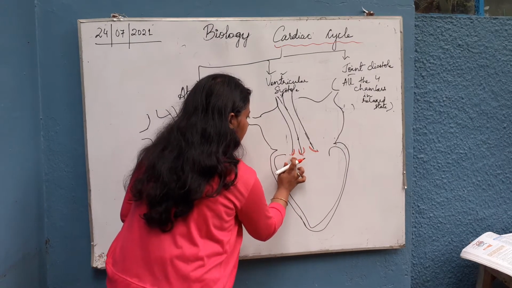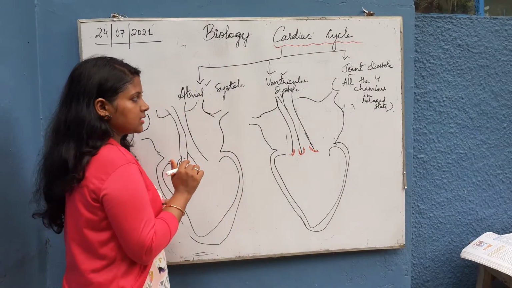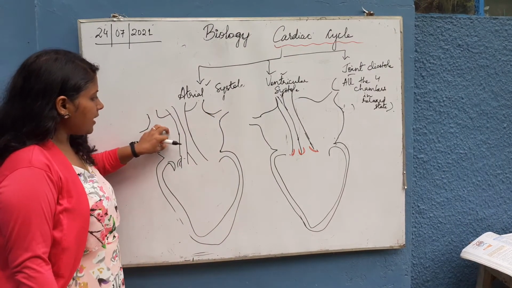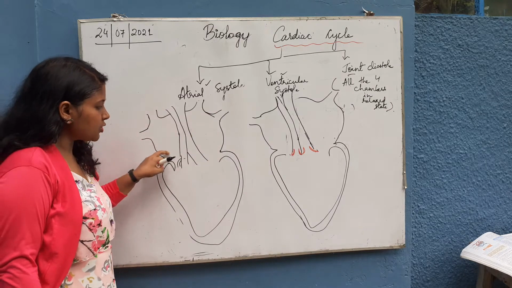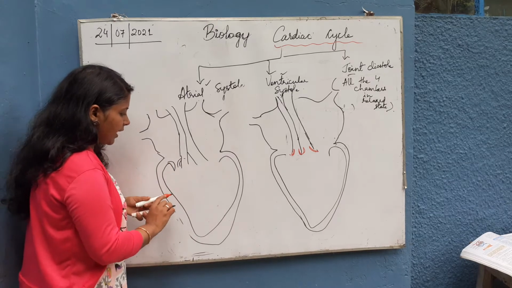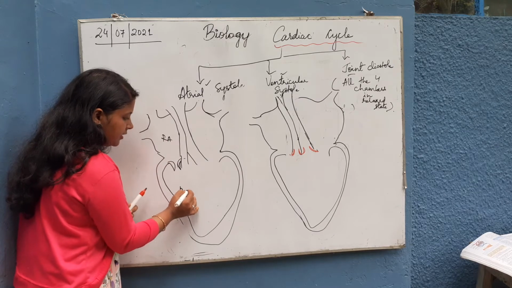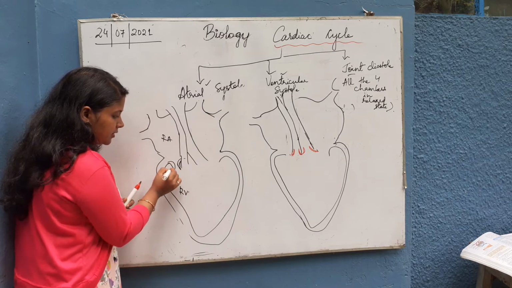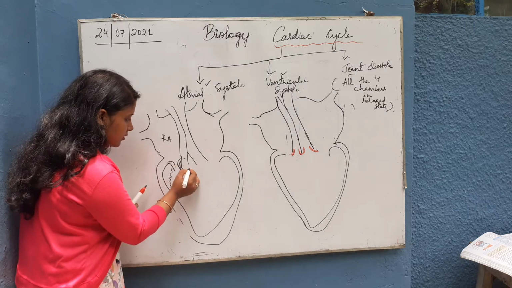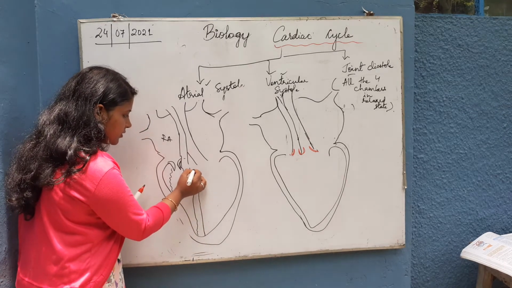Okay, specifically we have to focus on the valves in the atrial system and the ventricular system. So in the atrial system, the atria contract. That means the atria has to contract to push the blood into the ventricle side. In that condition, this tricuspid valve, which is between the right atrium and the right ventricle, will open up. It is connected with the papillary muscles by the chordae tendineae, which I have explained earlier in the last video.